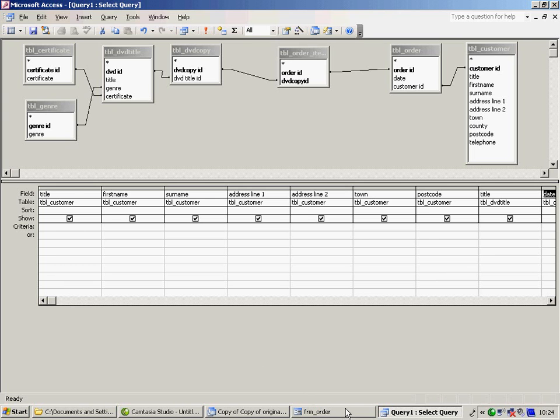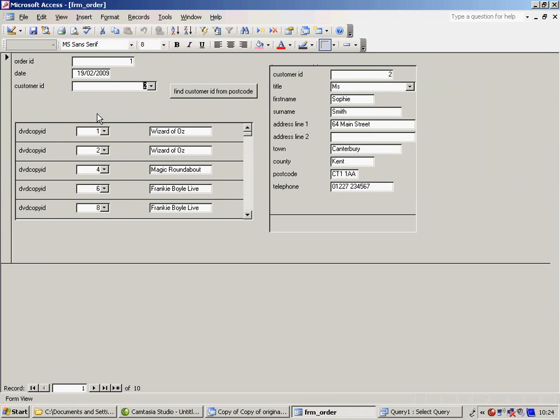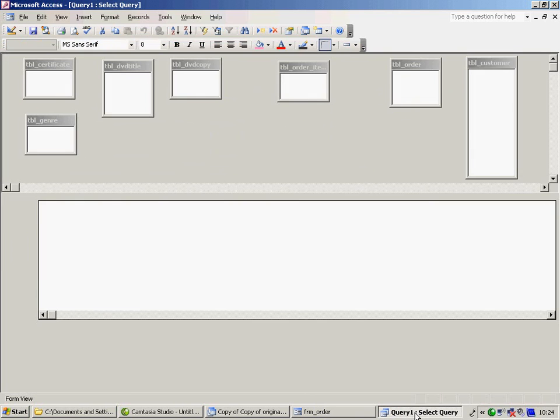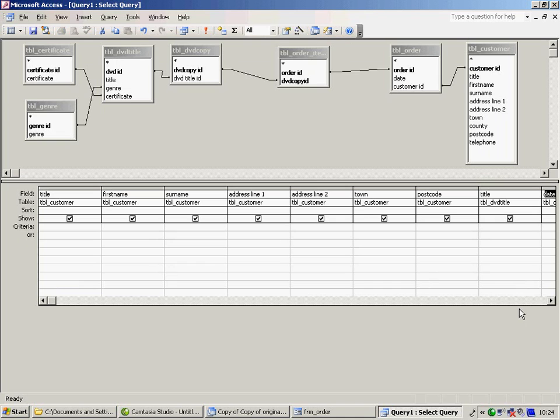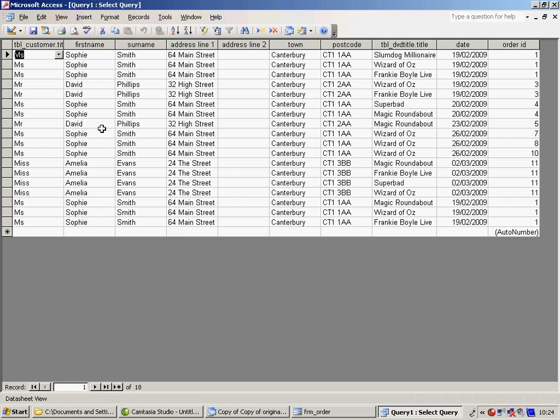Now, if we go back to the form, we said that we want to produce a receipt for this particular customer, and that receipt is going to be based around the order number. Whatever the order number is, the computer will produce a receipt for it. So, back to the query. The key field, if you like, in here, just move this over a little bit, is going to be the order ID. Now, if we run this now, we get this whole world of stuff, and